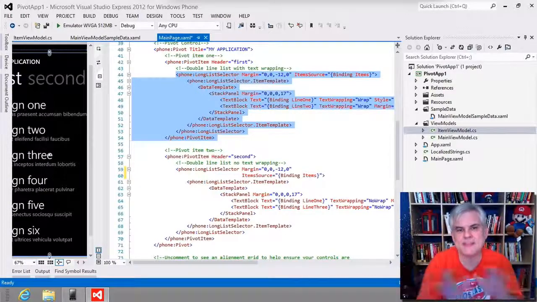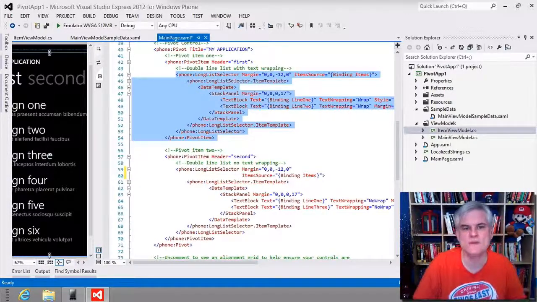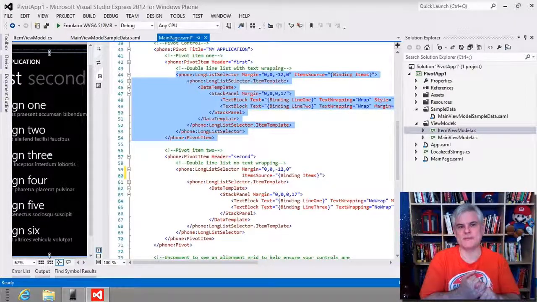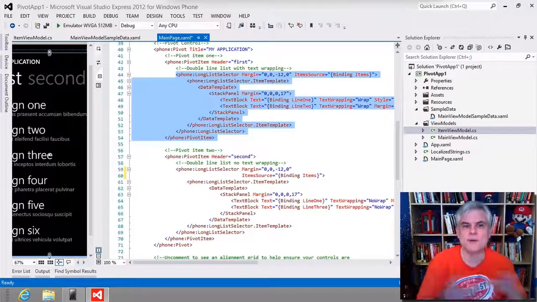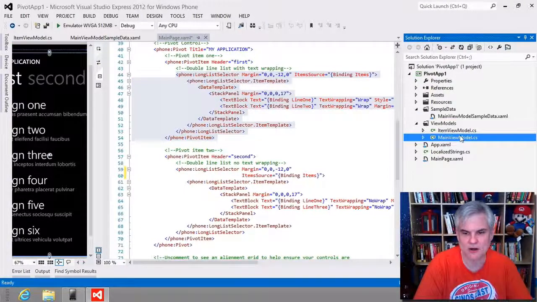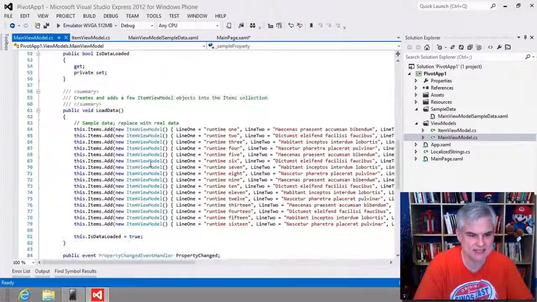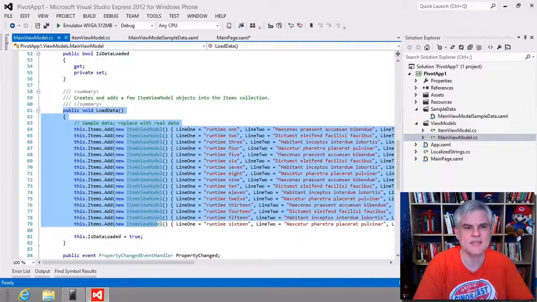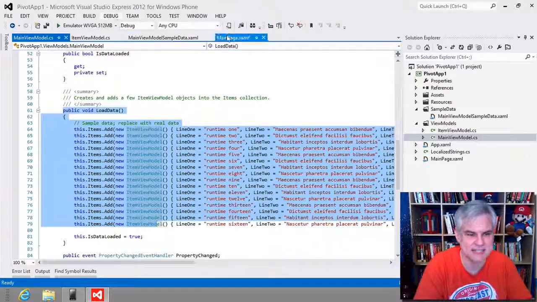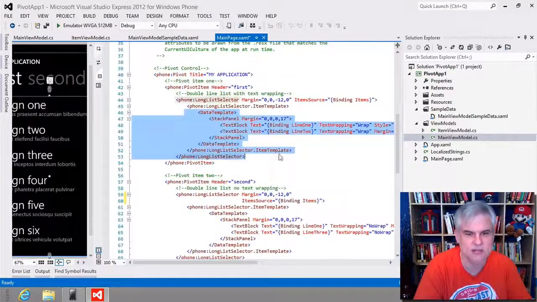So to recap, in this lesson, we learned about the features of the Windows Phone project templates, the data-bound template and the pivot template, and they share almost identical features. They both data bind a long list selector to a data model that's populated with data at design time from an XML file and at runtime inside of our MainViewModel.cs LoadData method. All right, and not only is the data bound to controls inside of a data template like we see here, but the